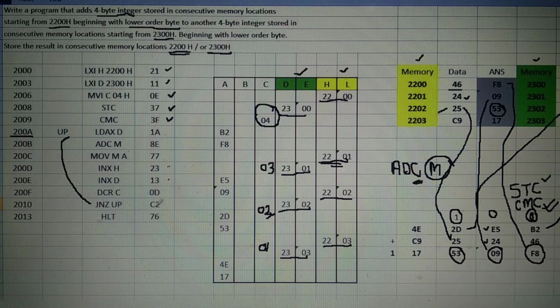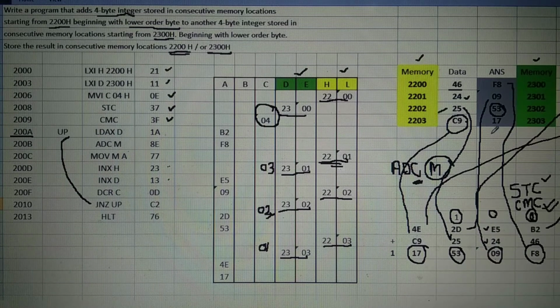Still it is not 0. Go to the label LDAX D. The number 4E is taken to the accumulator. ADC M, C9 is added. The result becomes 17. Carry is generated as 1. Store this result to memory. This 17 is stored here to the memory.